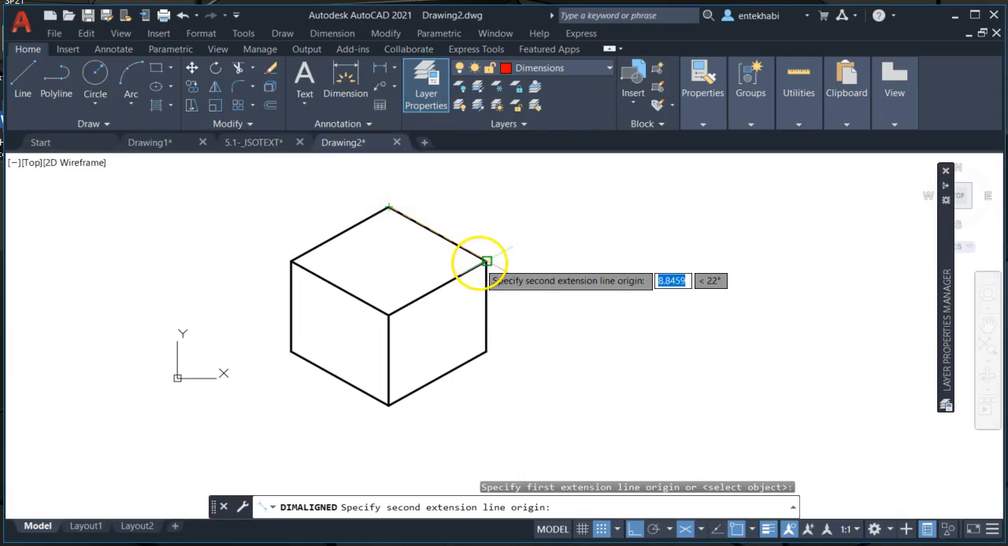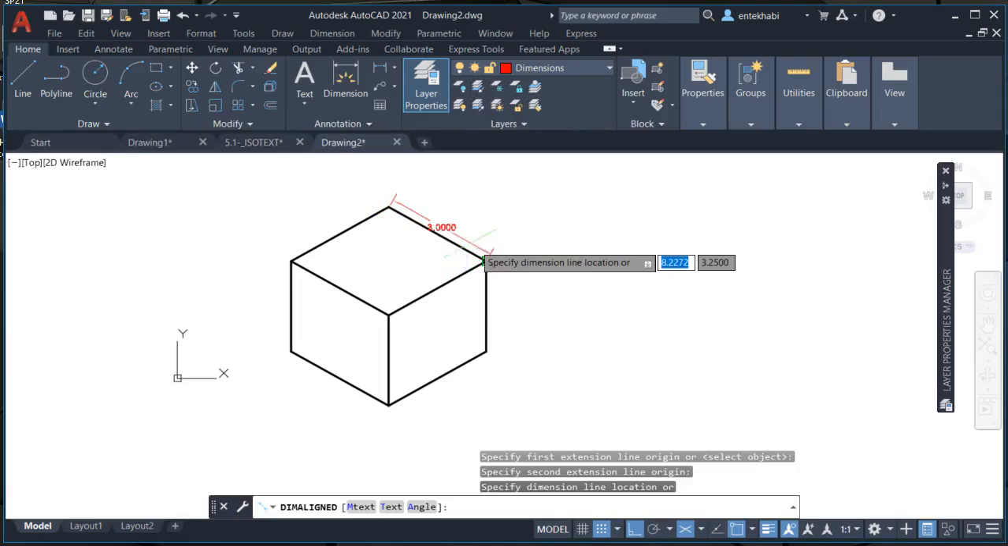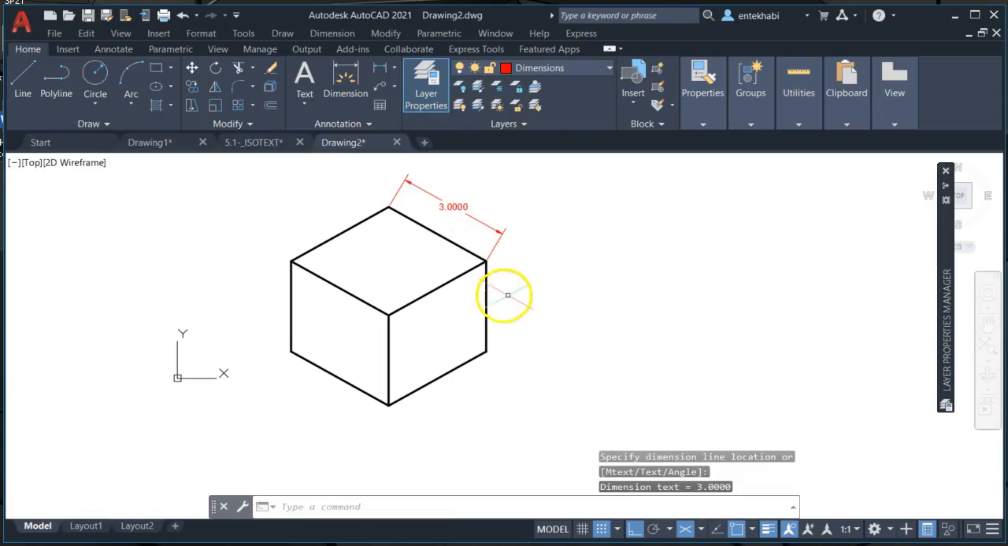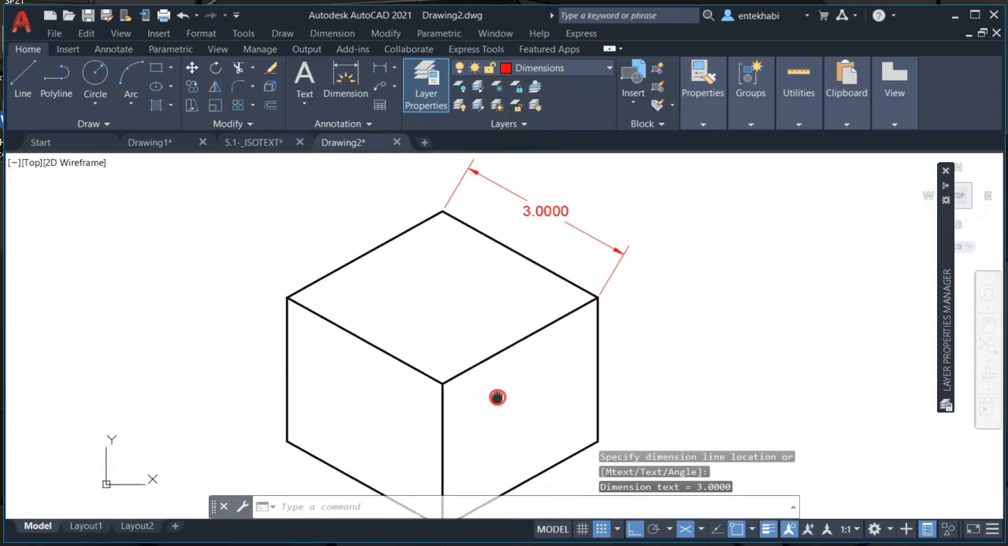Right now my object snap endpoint is on. I just click at 2 ends of the line and then pick a location. Don't be concerned about the exact location right now. And then continue